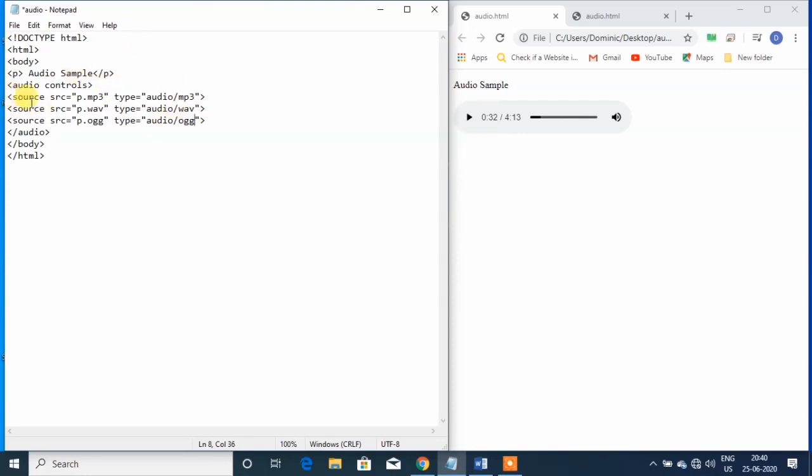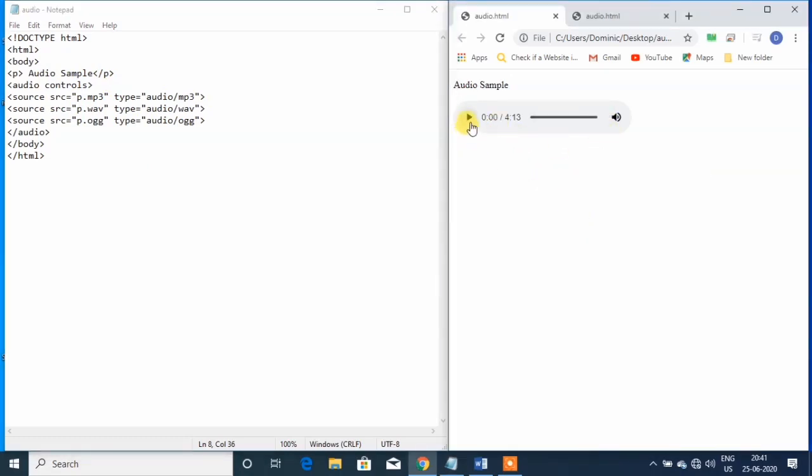By using multiple sources, if the first file is not playing, then it directly jumps to the second source, that is the WAV file, which will start playing. If the WAV file does not start, then it will directly jump to the OGG file format. So any one file will start playing. Let's see the output. Save this file and refresh the browser, and you will get an output like this.